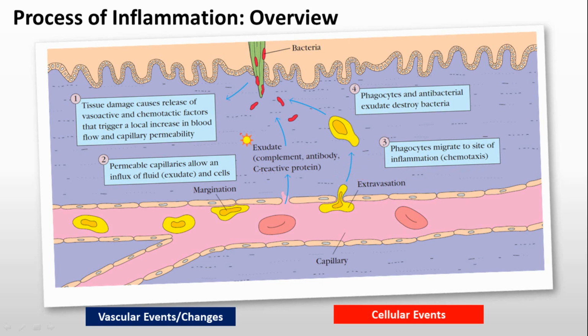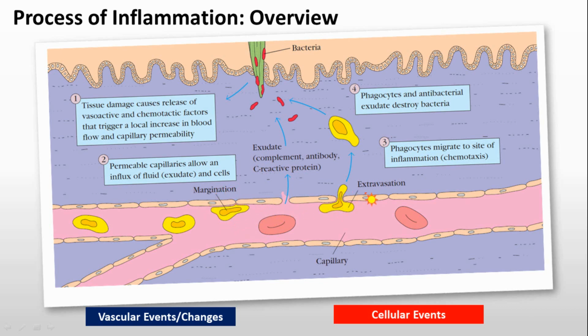So what happens? Tissue damage causes release of the vasoactive and chemotactic factors that trigger a local increase in the blood flow and capillary permeability. You can see this capillary permeability is there because of these chemical mediators. The permeable capillaries allow an influx of fluid. Along with that fluid, lots of phagocytic cells will move. The movement of phagocytic cells is a multi-step process in which the first step is margination, then the second step is diapedesis